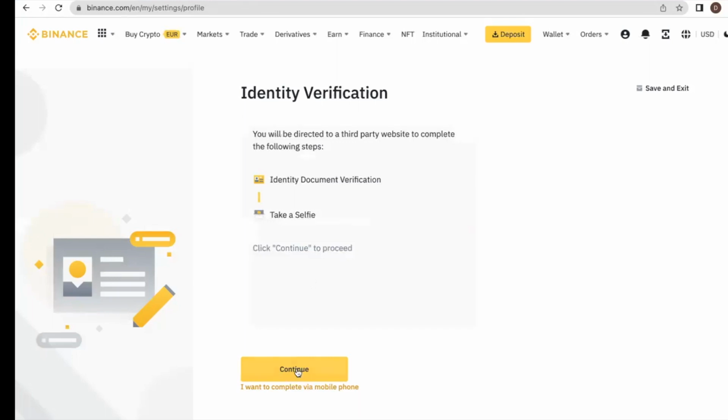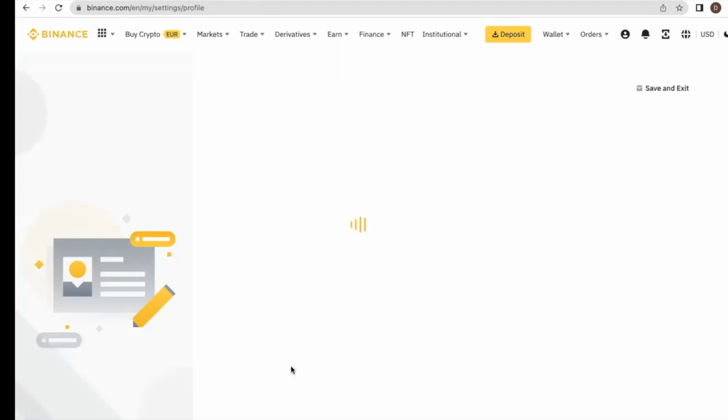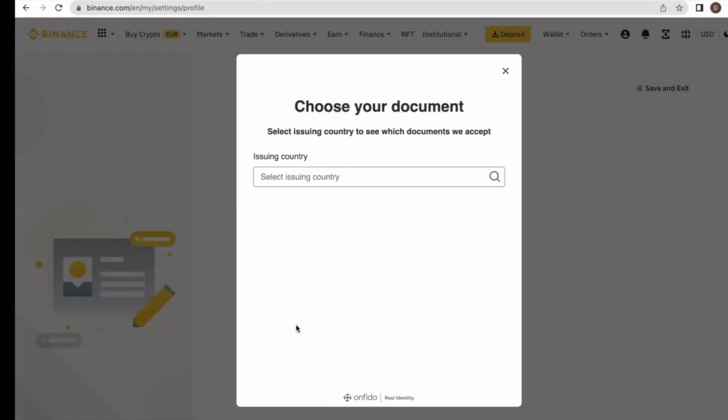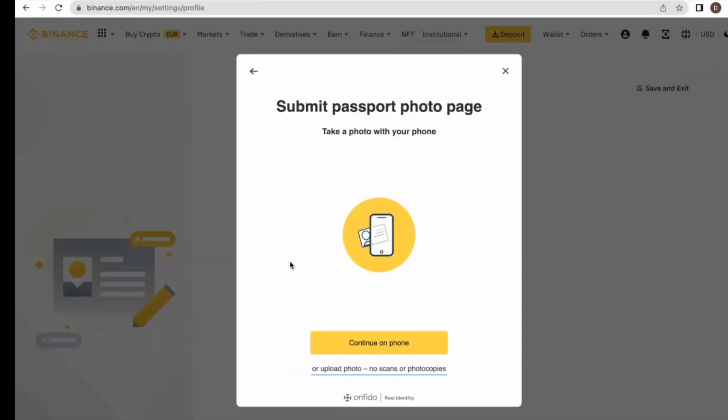We'll continue, we'll select this continue button, and I might just skip this due to some personal information involved in this video, but I will get back to you once this is done. Once you have selected your form of ID, select the country, and the next step will be submitting your passport